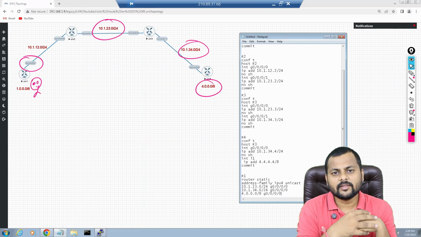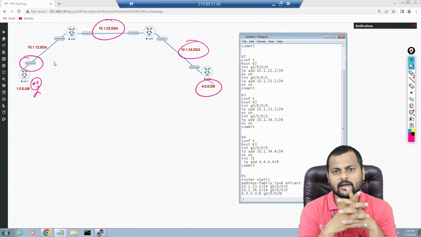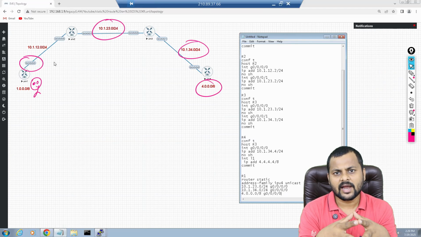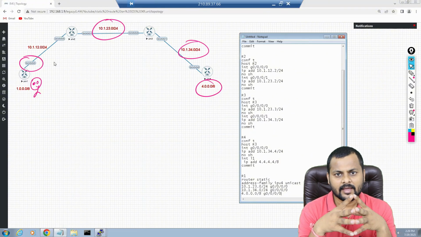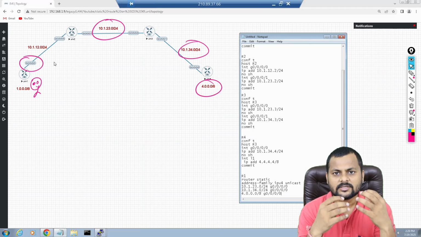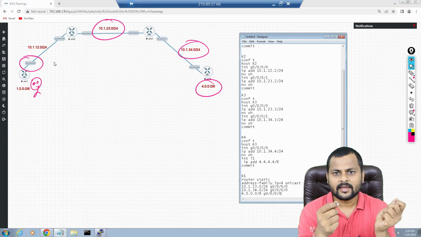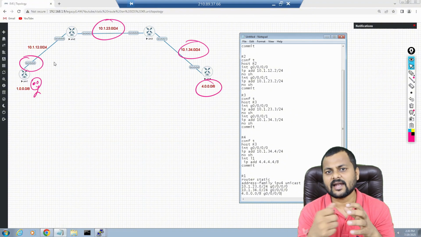Whenever you define the exit interface, it's going to hit an error message, asking you to please check the configuration, because this is not a best recommendation to configure the static route in a production network. But it doesn't mean that we do not configure exit interface static routes. Somewhere we do have a requirement. I'll make a separate video on this one, but it's not the recommended way. You should always use either the next hop, or you can use the combination of the exit interface plus the next hop as well.